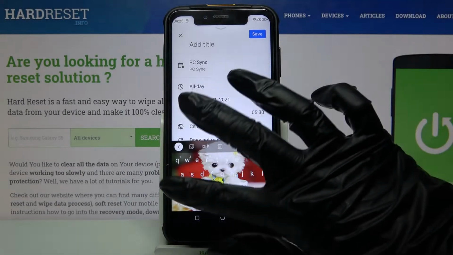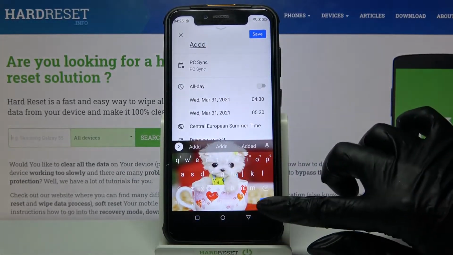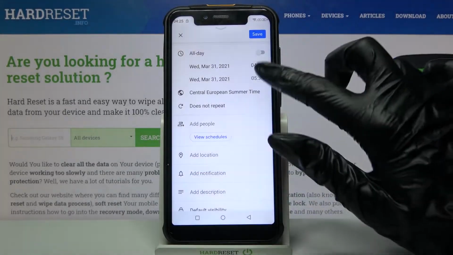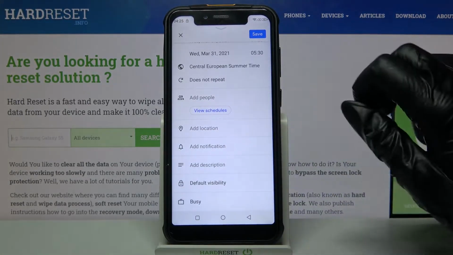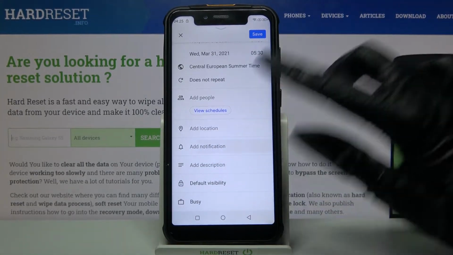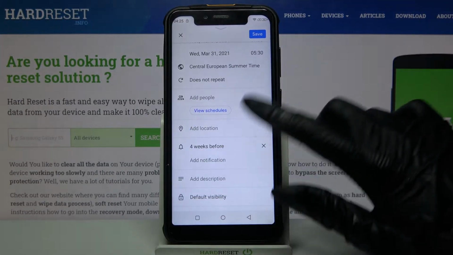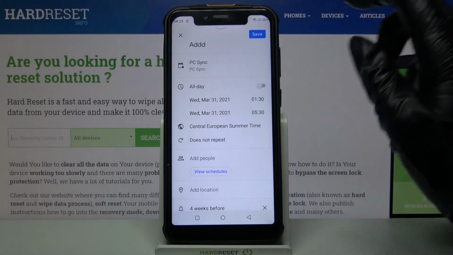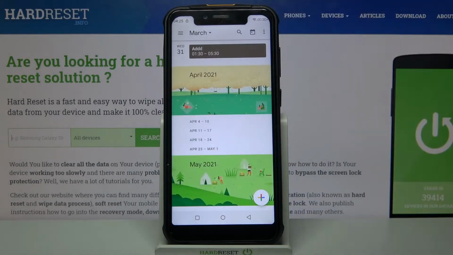Over here you can customize your event, for example by adding a title, setting up starting hour, ending one, choosing location, adding notifications, minutes, hours or even weeks before, clicking done, taking notes and many other things. When you're done you can click save at the top right corner, and now as you can see, my event